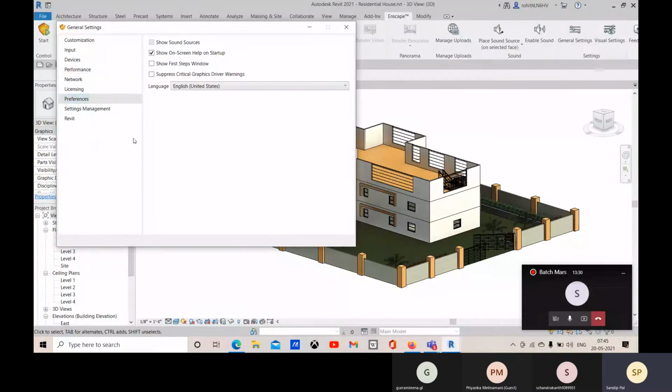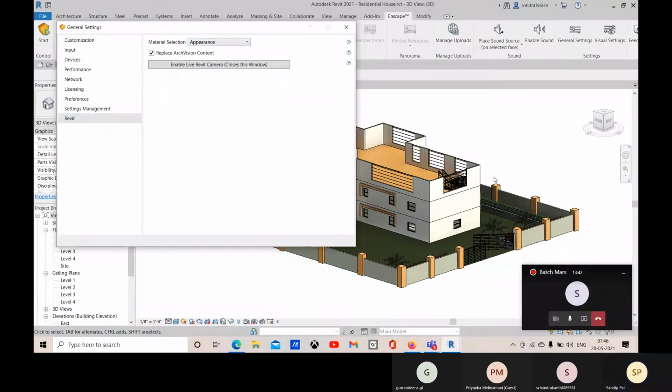And here we have preference options. So accordingly you will set the preference. And material selection as per the appearance. So what you have applied on your Revit component, as it appears in Revit, it will be the material in Enscape.